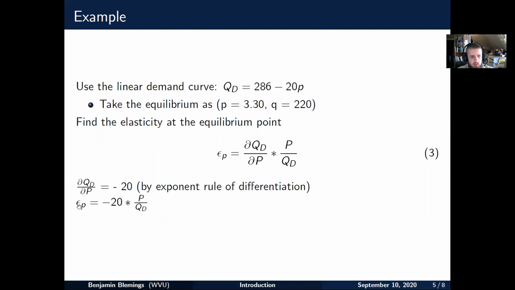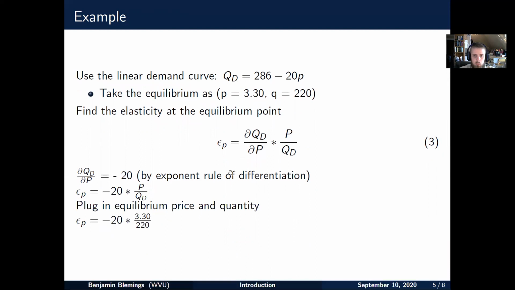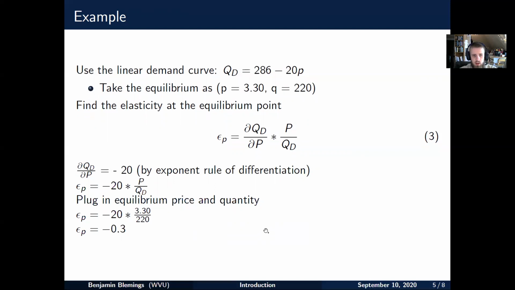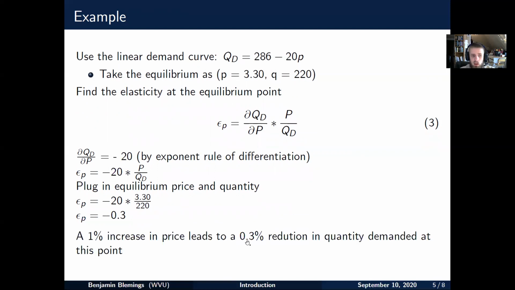And I know that the elasticity of price is this -20, which is the dQd/dP, times where we are on the curve. And I've told you that where we are on the curve is 3.3 and 220. And so you just need to plug these in for the appropriate points. So we have -20 times 330 over 220. And we can solve that out and get the elasticity of price is -0.3. And we can interpret this as a 1% increase in price leads to a 0.3% reduction in quantity demanded at